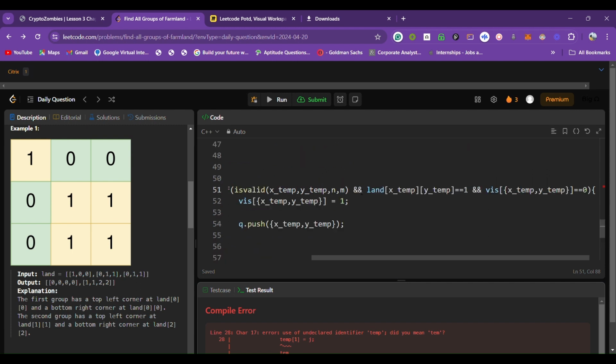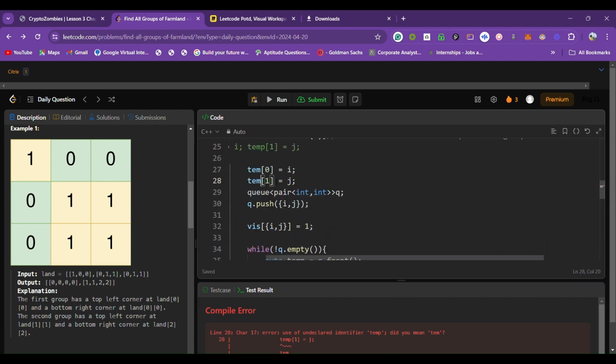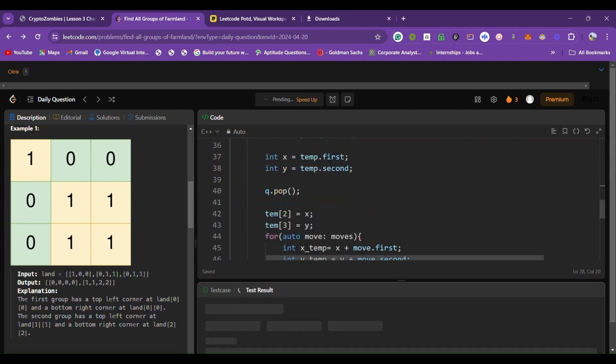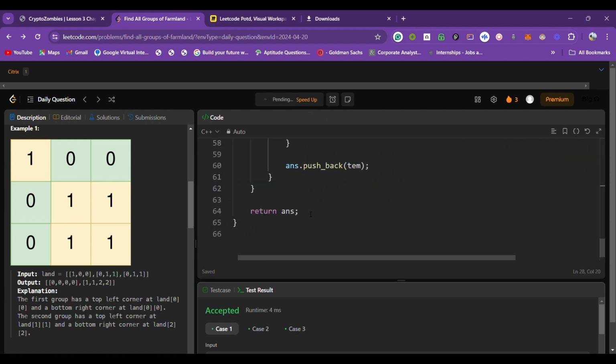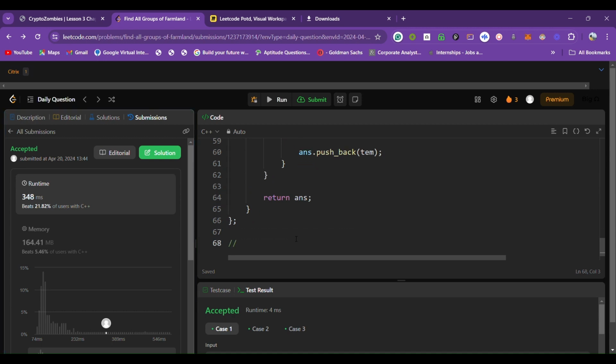Again I have made some mistake. Okay, yeah, I have written temp here. This will be temp, and there is temp. Now I think it will work fine. Okay, now let's submit. Okay, this code is successfully submitted. Here the time complexity is basically big O of n into m, as we are traversing through the matrix and marking each cell as visited, and the space complexity